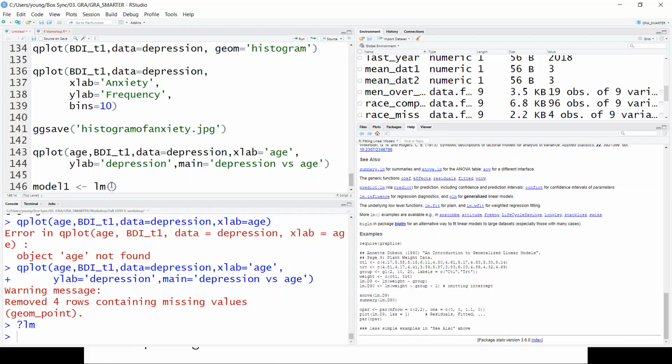So in our example, on the left-hand side is BDI D1, a function of, so you can read tilde as is a function of, right? Since it's lm, it's got to be a linear function. So it's a linear function of age. That's glm because it's a generalized linear model. I can show you about that at the end if you want.